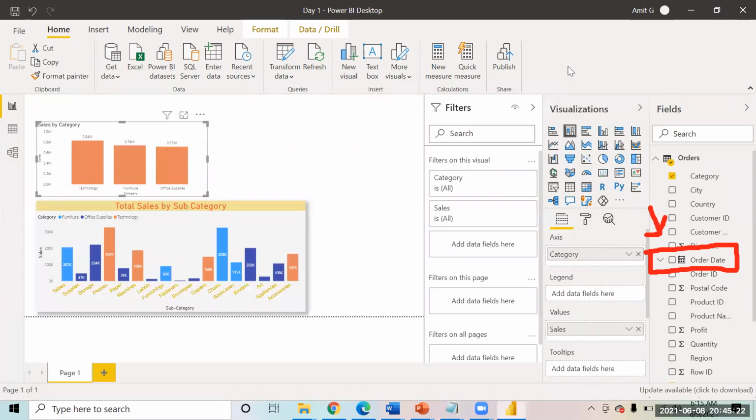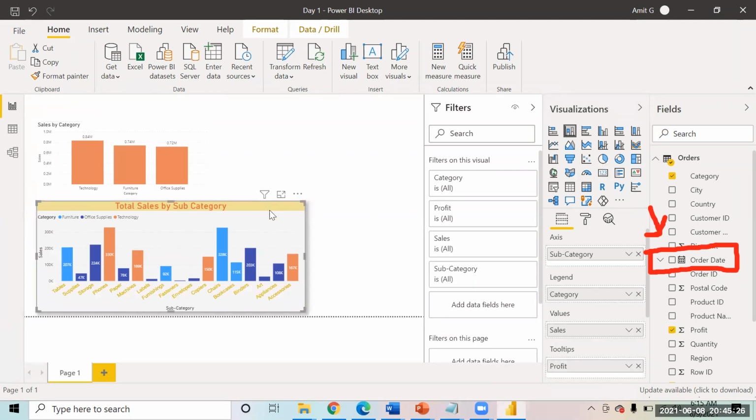When you load that data in the Power BI, and if there is any date field, a date hierarchy is automatically created by Power BI. If you just expand on this, if you click on this arrow, you will see date hierarchy. That is a hierarchy that Power BI has created. If you click on it further, it will show you year, quarter, month, and this is the hierarchy that has been generated.